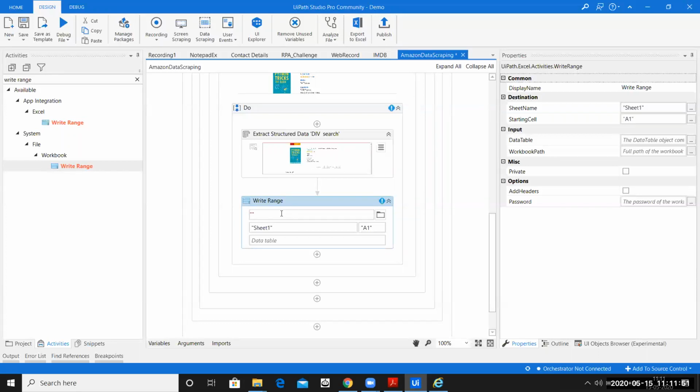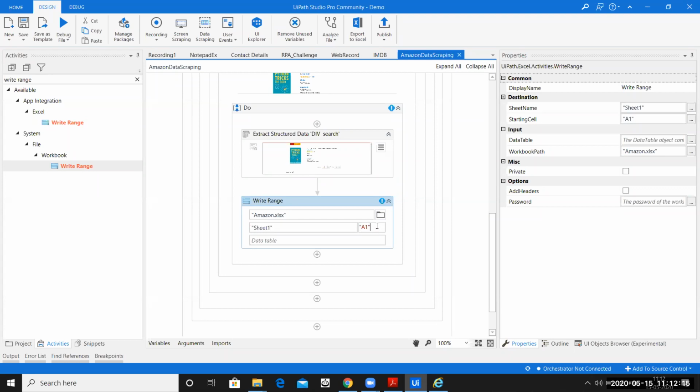So let me just give an Excel name to it. I'll say the Excel name is Amazon with the extension. So the extension is .xlsx. This is the extension for an Excel file. And then what do you want to keep the sheet name as? I'll keep the sheet name as Sheet1 itself.